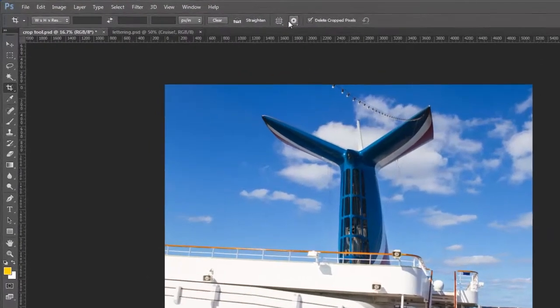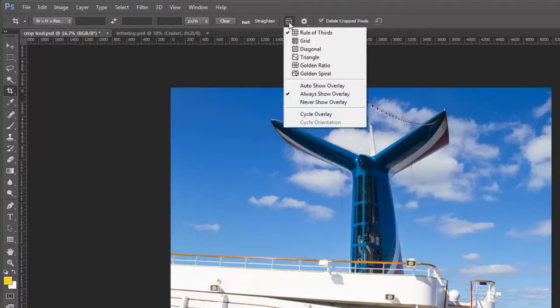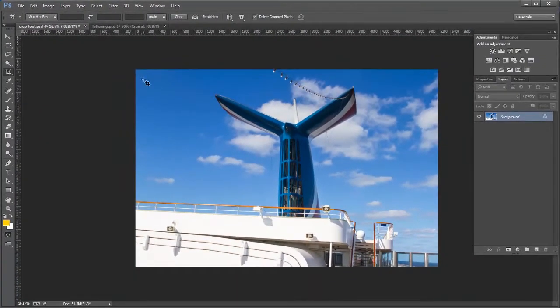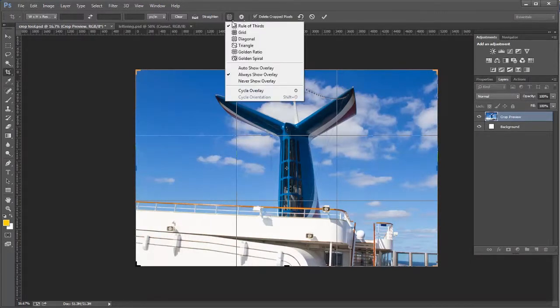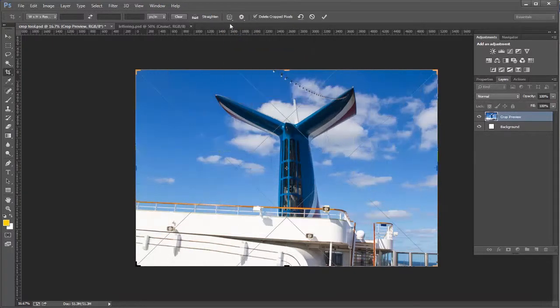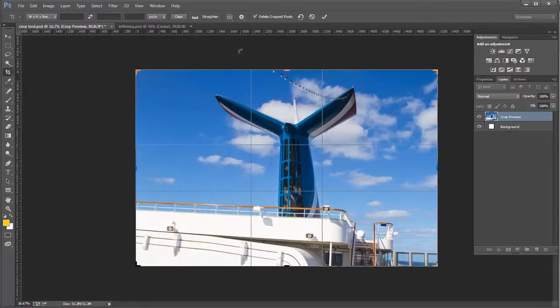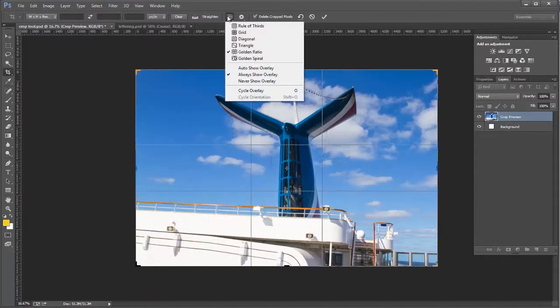And notice here at the top there are some attributes or some buttons that you can use when you use the crop tool. One of the things that you can use is the grid overlays. It will default to the rule of thirds. So whenever I actually click on here, I'm going to see the rule of thirds grid. I can change that. I can go to diagonal. I can do all kinds of funky stuff here. The golden ratio, even if you're crazy and you want to use that. Okay, so